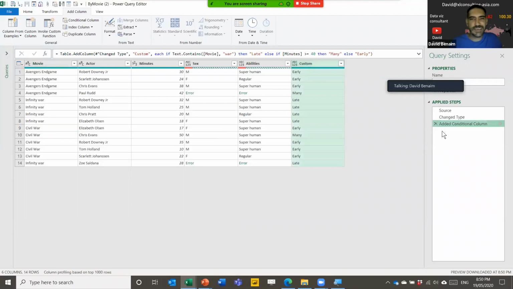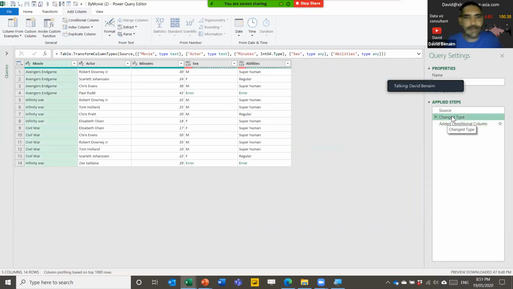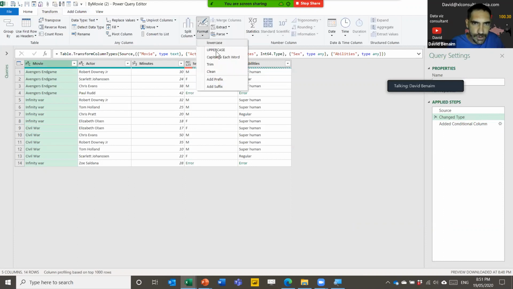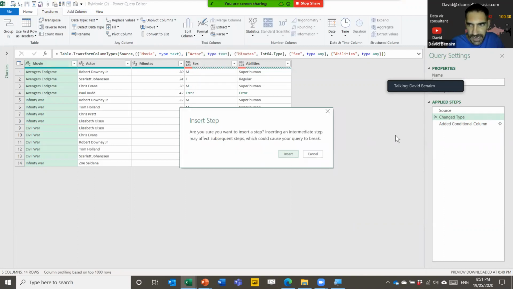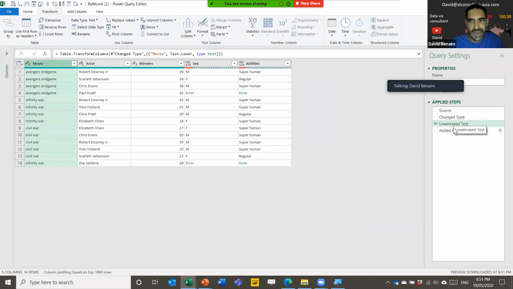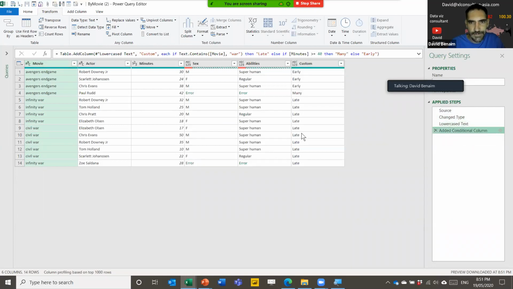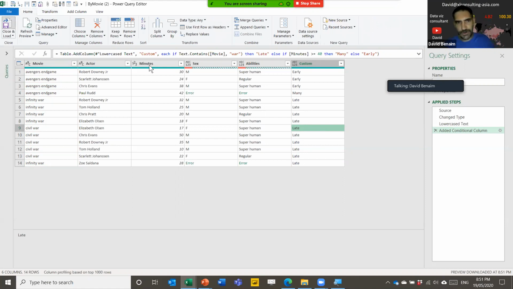But the ability and the concept that you get with this is you can go back in time and then make changes. Laws of time travel apply here. Changing the past affects the future. So if I go here and I choose to transform to lowercase, press insert. Changing the past affects the future. So if I go here, now it's affected what happens later on. Power Query is a way to create your data transformation steps, save them, and then reuse them on later data. So to show you another example of that,